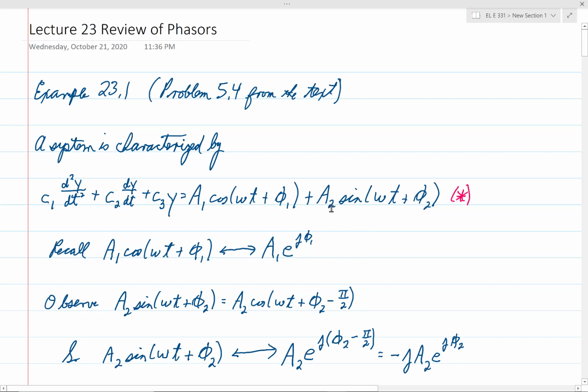Notice this first one is already in that form, so the phasor of this is just A1 e to the j phi1. But to get the second term in that form so that we could find its phasor, we start with the observation